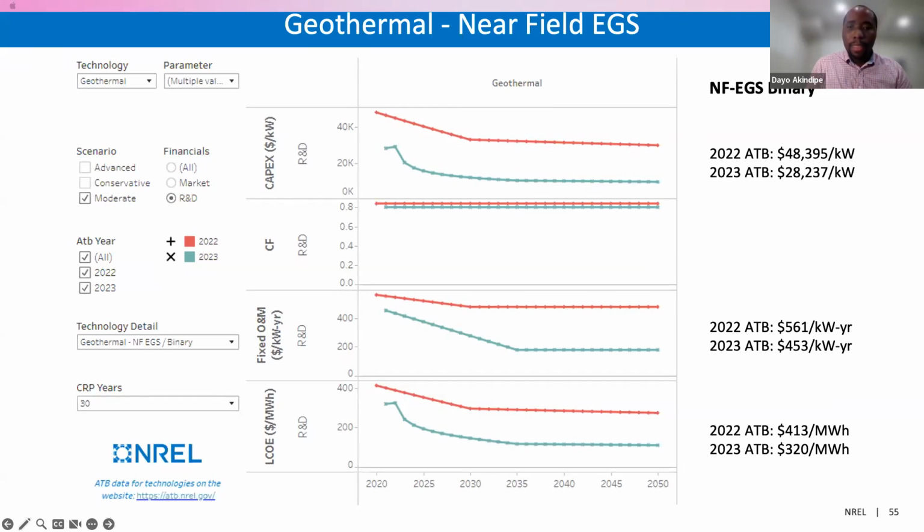And also we made significant adjustments to the drilling success rates, improving them by a couple of percentage points. For example, for the exploration success rates, we increased them from about 51 to about 76%. And the developmental and drilling success rates were increased by 2 percentage points as well. These improvements in geothermal development over the past 1 year have led to significant reduction in cost, mostly